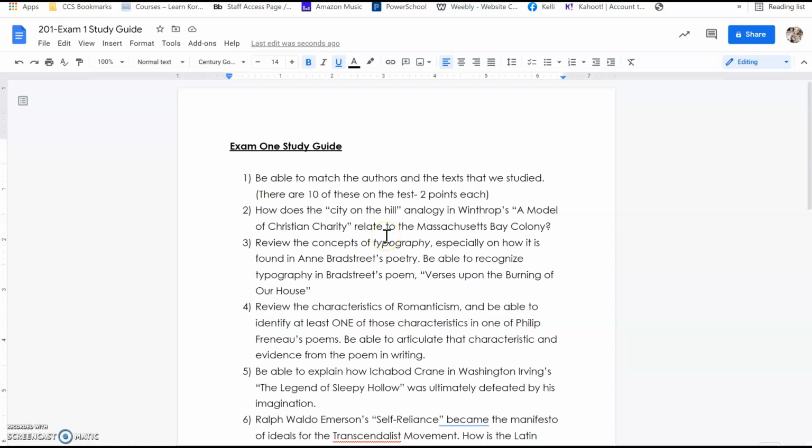Hello, I wanted to give you a couple of ideas to think about for the first exam and go into depth just a little bit about the test itself and the types of questions that you're going to encounter, to help you prepare. So the test is for 70 points,